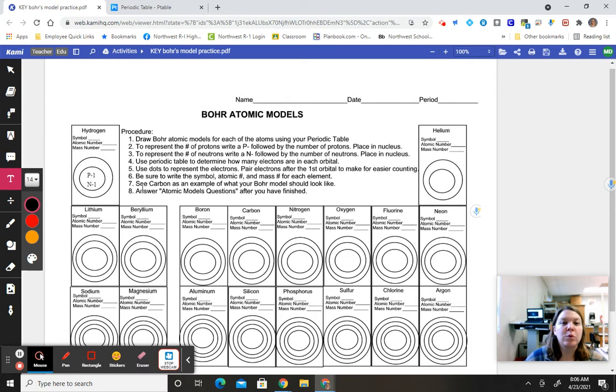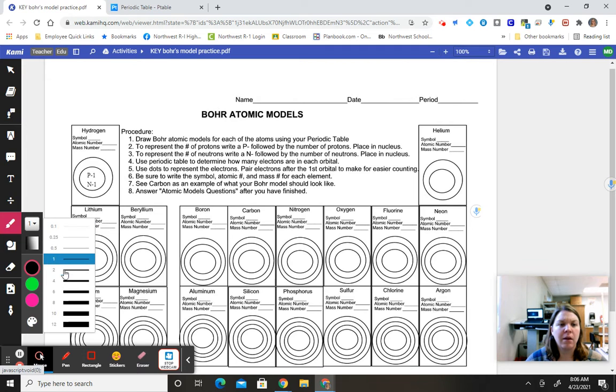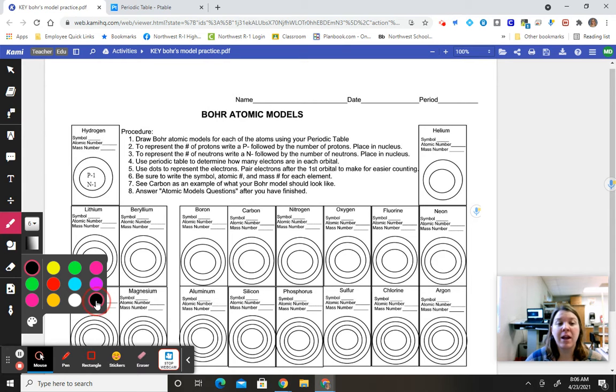So to draw this, I'm going to go over to the drawing here. And I'm going to make the stroke thickness like that. And if you want to pick a color, that's fine. I'm going to go ahead and just use black because it's easy to see. And I'm going to put 1 dot on the innermost ring. Okay, so that's my electrons. So on step 5, where it says use dots to represent electrons, that's how you do that. Okay,